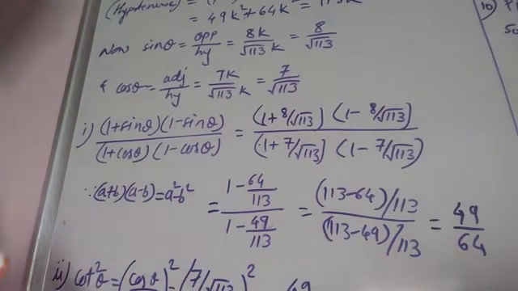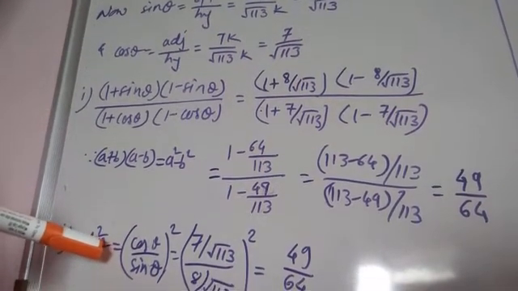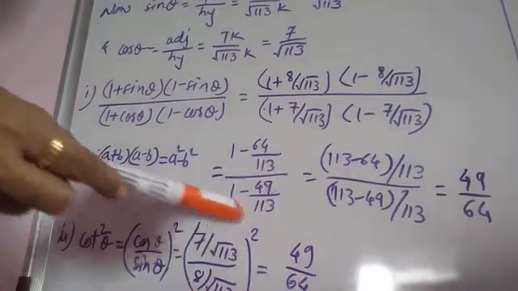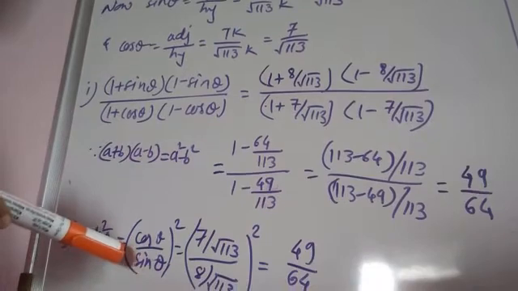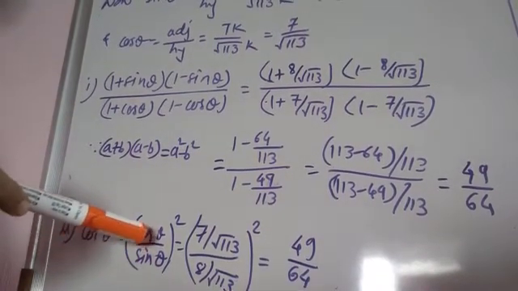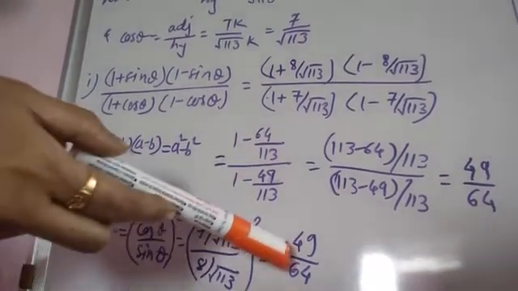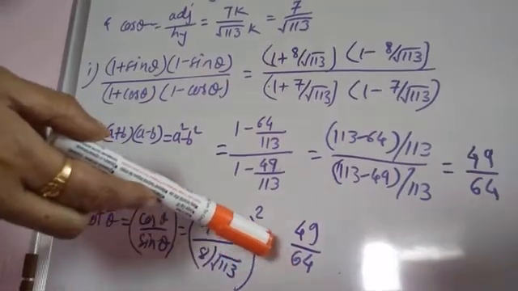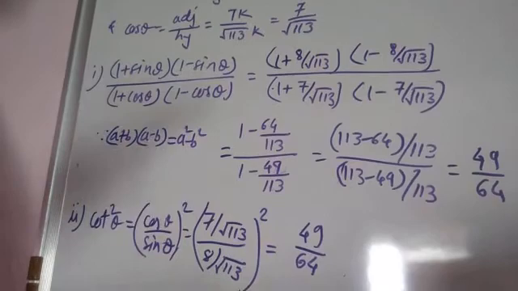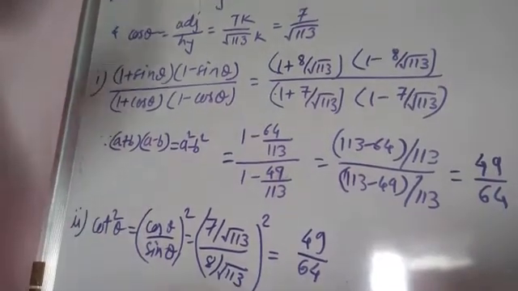Now in the second one, it is asked to find cot square theta. Cot theta is already given to us, that is 7 by 8, so there is no need to find it like this. But since you already got the values, you should know cot theta means the ratio of cos to sin. Cos and sin values we already got, so we can write it like this. Otherwise, cot theta is directly given, so we can find cot square theta. Cot square theta means cot of theta, the whole squared.